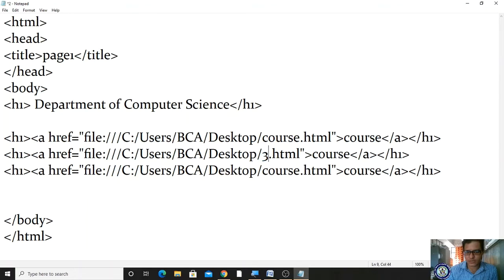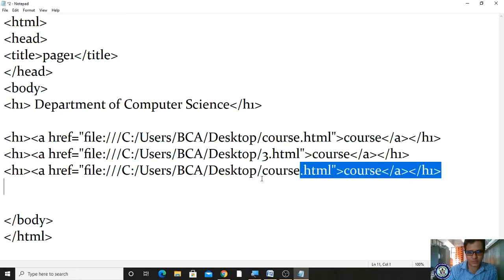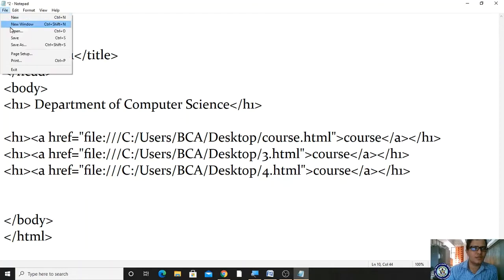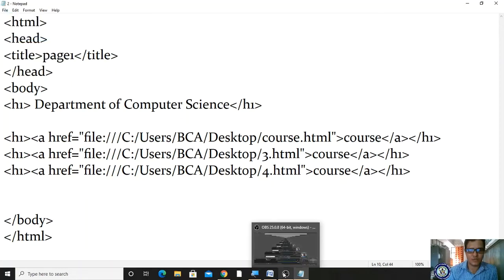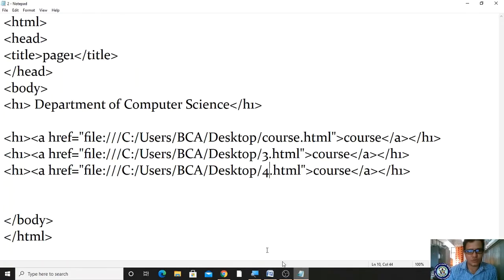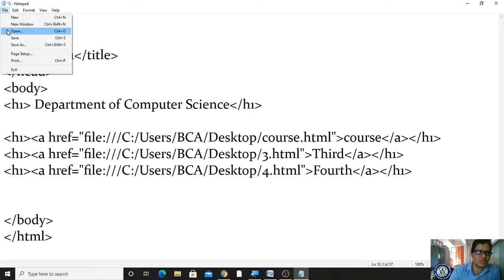Let me save it as 3.html and this is 4.html, right? Now let me save it. Just come to the browser and refresh it. We are getting the course, right? It is actually not a course. Here it is third, and this is, what name are we supposed to give the link? 4, the page which you have to open. Yes, now we are saving here.